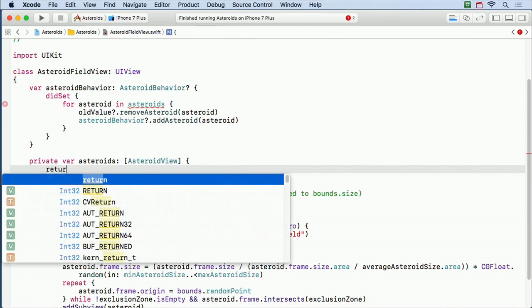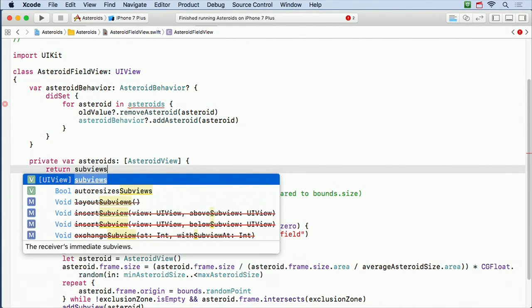The way I'm going to calculate it is I'm going to return all my subviews, because all my subviews are all these asteroids. But maybe one day I'll add some other kind of subview besides an asteroid. I don't know, a space station or something. And so I only want my subviews that are asteroid views. So I'm going to say